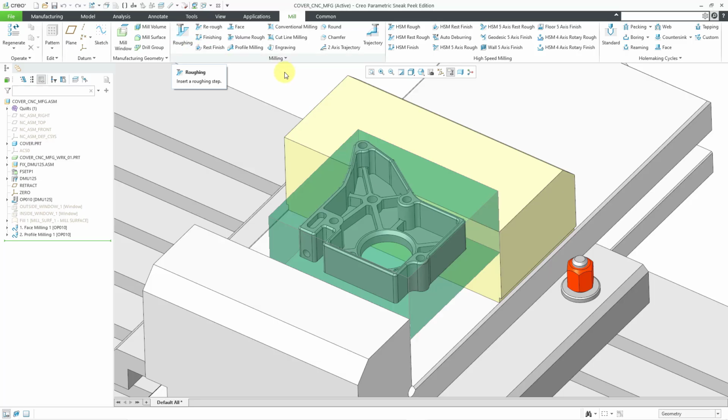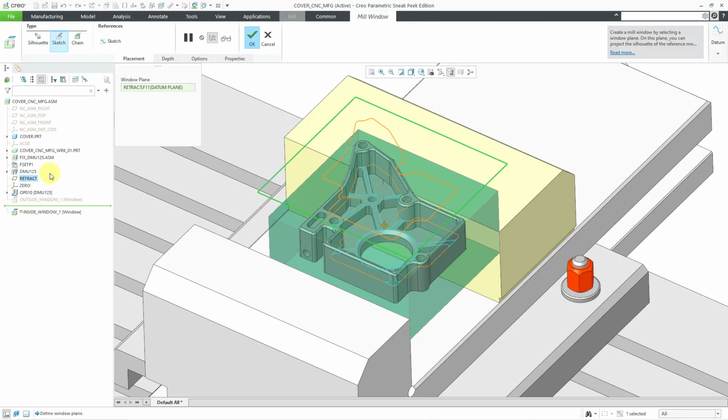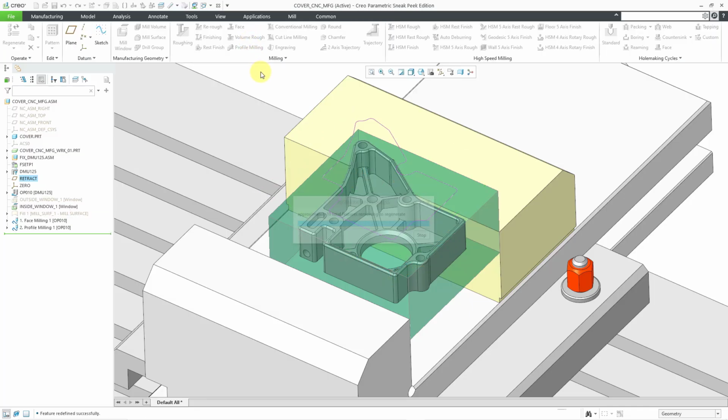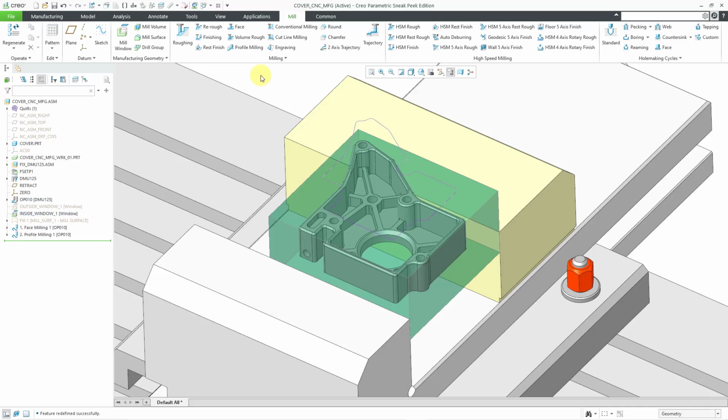Before I create this roughing sequence, I want to show you a mill window that I created in another video. I'm going to right mouse click on it and choose Edit Definition. There you can see the outline that is defined with a sketch. Also for this one, I defined a depth for it. You can see that highlighted in that light blue color. Later on, I will change this to turn this off. But anyhow, let's hit the check mark to get out of the edit definition of the mill window and start